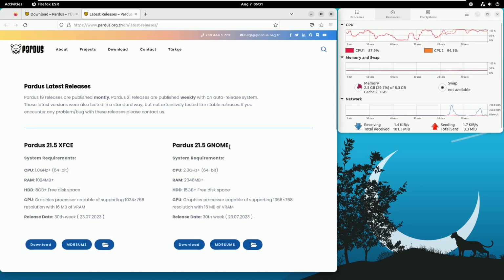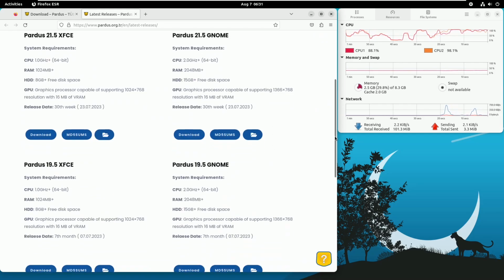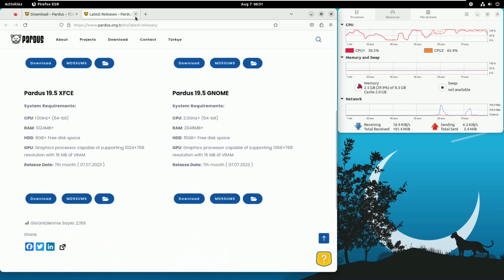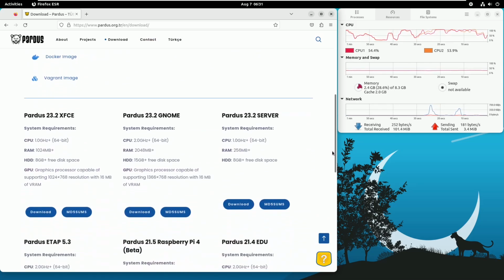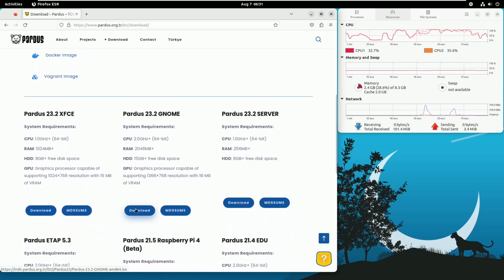So 21.5, I think it's an older version. I'm not going to download this. I'm going to show you the version I downloaded. So this is the version I downloaded. So click on download,